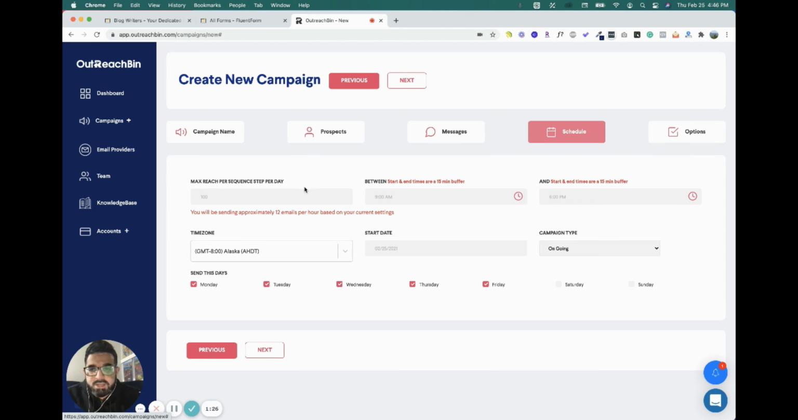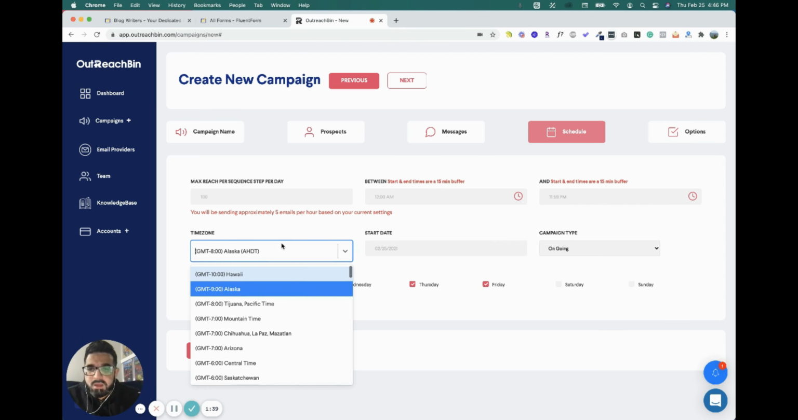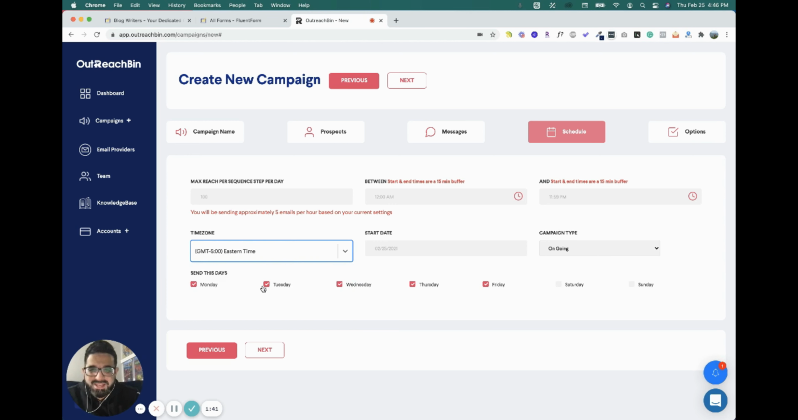I'm going to schedule this. Now, I want this to be an almost 24-hour campaign, right? So I'm going to start this up at 12 a.m. And I want this to end at 11:59 p.m. Time zone wouldn't matter in this case because we're doing 24 hours,